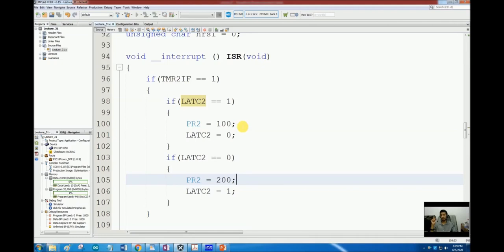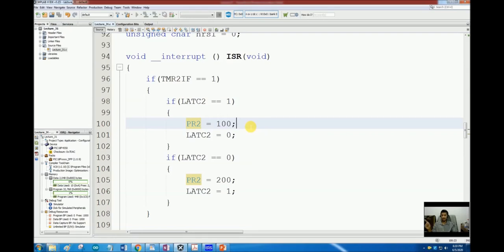And remember, the timer is still running in the background. So maybe when it reached this particular point, the timer has already counted up to maybe 3, 4, 5, 10, but whatever value. Now I am not changing that value. I am not fiddling with the timer register.